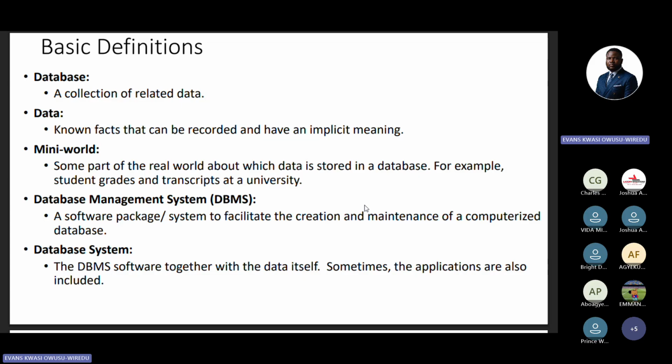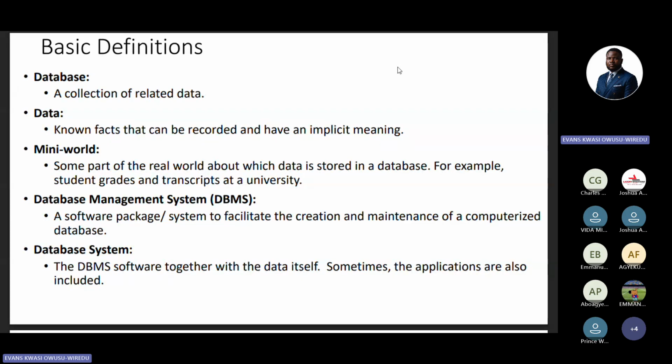So you need to know this. But when it comes to creation, you will see that both will be correct. All right. So let's keep that in mind. It's very, very important. I'm glad that you got it correct. So Mr. Kote, congrats. Mr. Boaje, congrats as well. Database system.